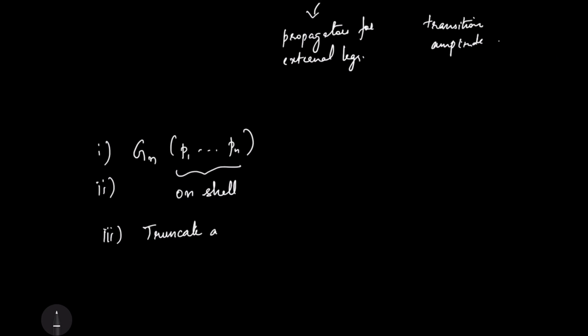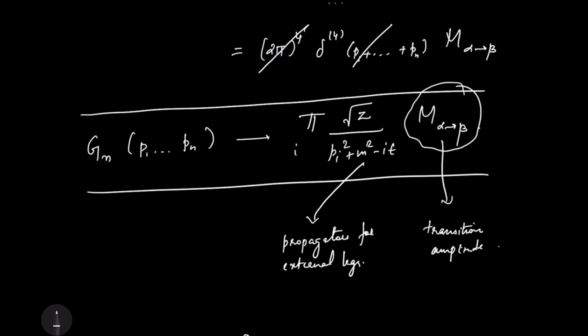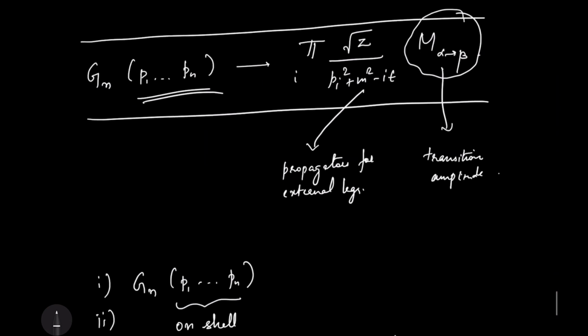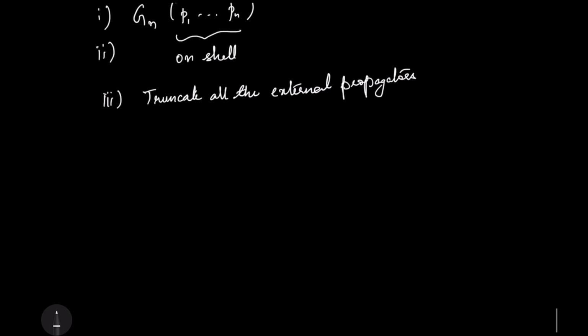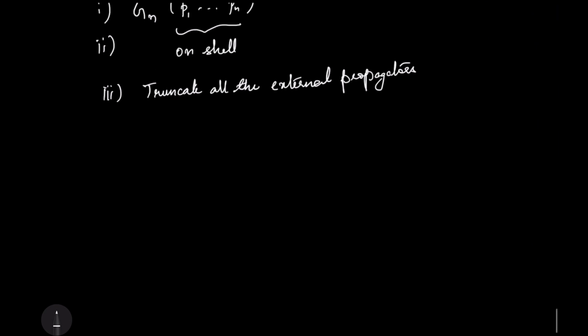Truncate all the external propagators. So if you take G_n and then put all the p_i on shell, and then if you truncate the external legs, then you will get the transition amplitude. So in essence, the scattering amplitude is equal to the sum over all the truncated diagrams with external momenta on shell, right? So in summary, I can write the scattering amplitude